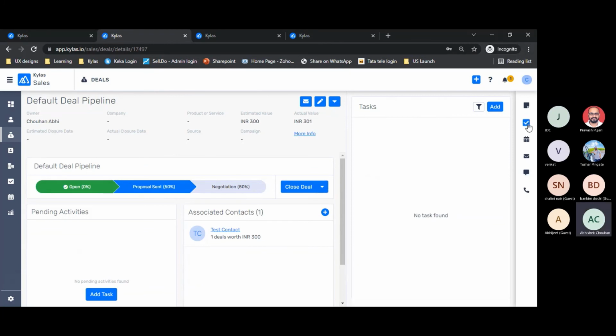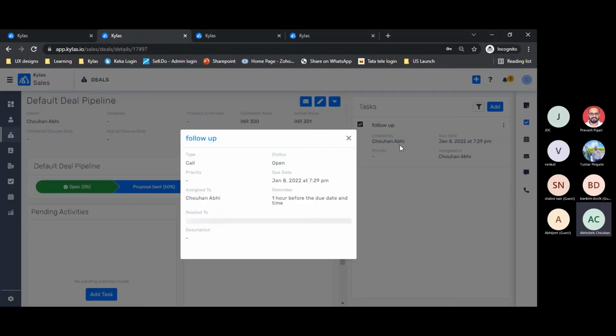So this deal has now been moved to proposal sent. That was the workflow, and you can see there is a task automatically created for follow-up, and it has been assigned to the person who is the owner of this deal.